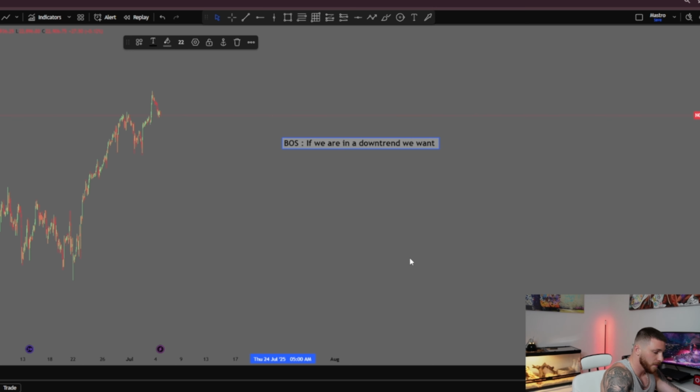We want price to close above the most recent high to show us that we might